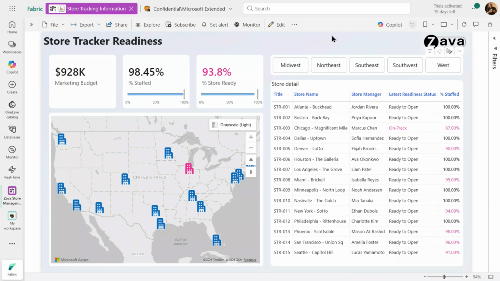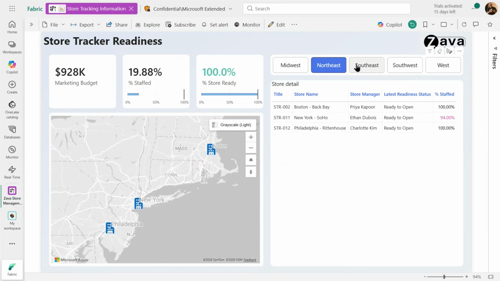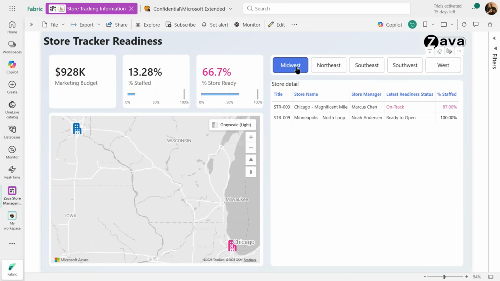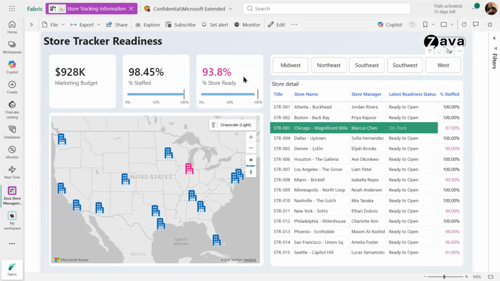Look at this. I've got store readiness and staffing percentages all in one report. SharePoint list data sitting right next to Excel workbook data, visualized together like they were always meant to be. This is the single pane of glass everyone's been asking for. But here's the thing. A report is only as good as the data behind it, and we all know data